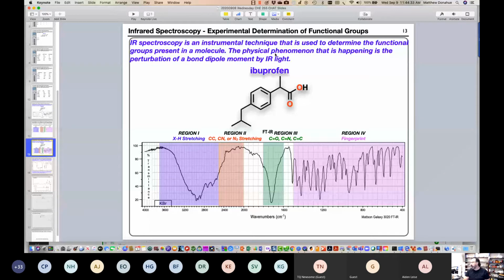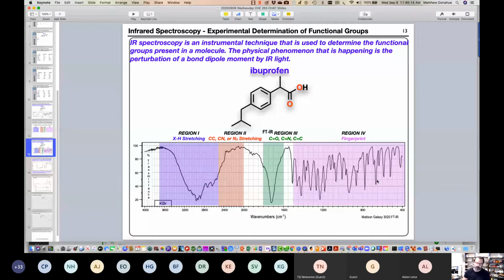Mac is asking whether the bonds get heavier or lighter from left to right. Basically, if you look at this spectrum, you have bonds to hydrogen, so you have light atoms to the left of the spectrum, and as you move towards lower wave number, towards 400, that's when you get the heavier atoms. So for example, if you had a carbon-chlorine or carbon-bromine bond, you would see that peak in